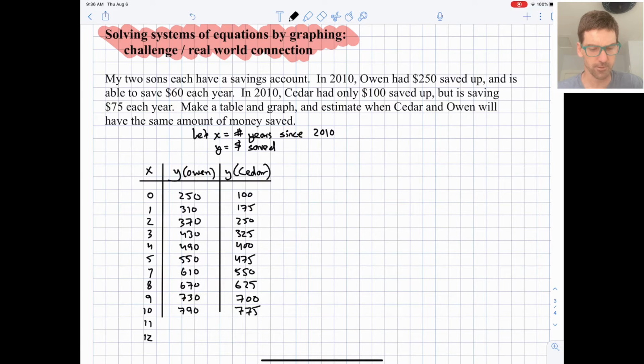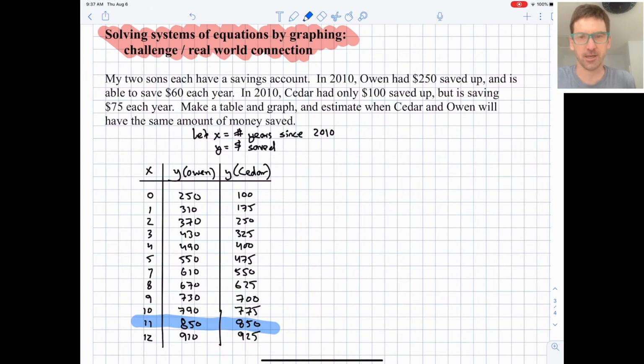Let's add another couple rows to our table here. This is 850. This would be 910 for Owen. 775 plus 75 is 850. Okay, it looks like they caught up. And then Cedar's going to be ahead. I hope I did all that math correct. We're going to check it when we graph it up, make sure it all stays in a straight line. So I think you can see that they have the same amount of money here. Okay, and then assuming the pattern stays the same, Cedar will just keep on moving ahead of Owen and getting farther and farther ahead. So let's do a graph, and